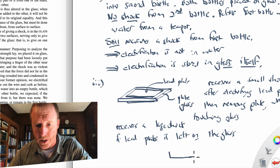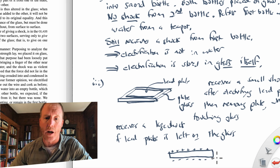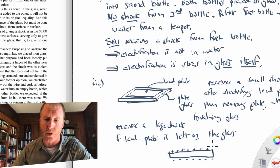So if I were to draw a little picture here, I'm running out of space, I'll probably have to stop this lecture. But you might imagine that there's all kinds of charge. I'll write little positive symbols here. There's charge being stored all over the surface. There's actually negative charge. I'll talk more about this in my next lecture. But there's positive and negative charge being stored on the opposite sides of the glass. And when he touches some location, he's receiving the spark from this electrification stored at this position or this position